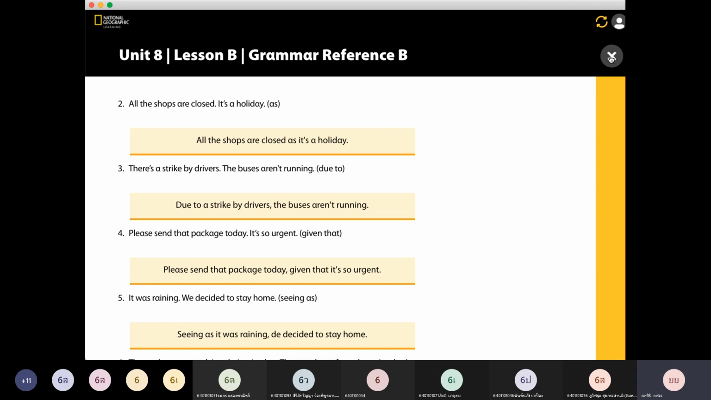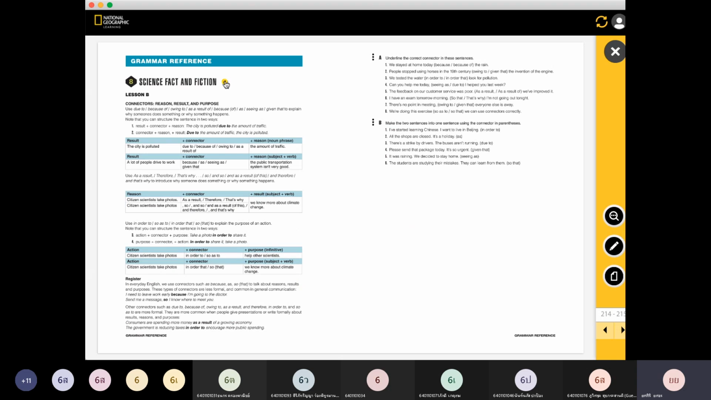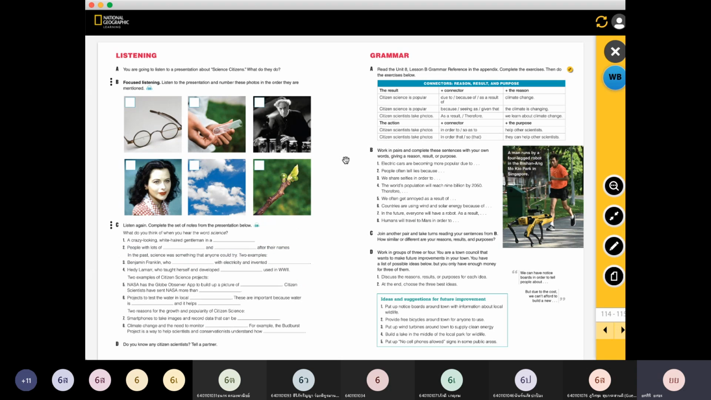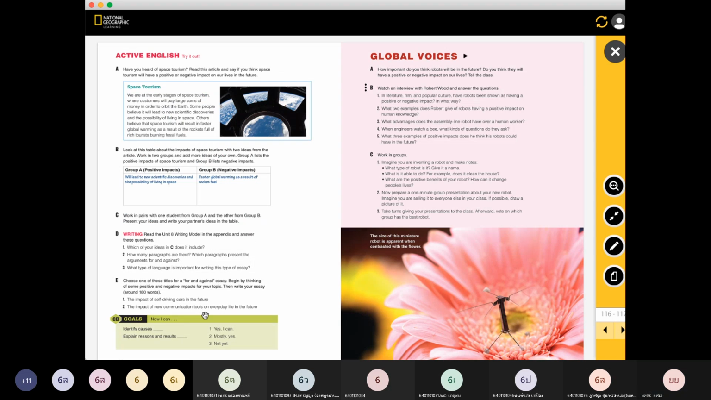And yes, these are the core contents that we are covering in this unit. And I want to show you as well, just a little bit here, a model of the writing that can help you,